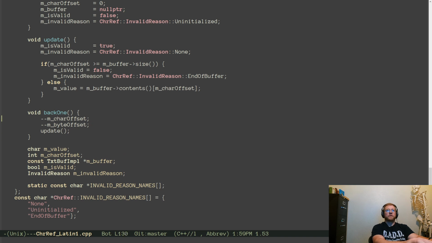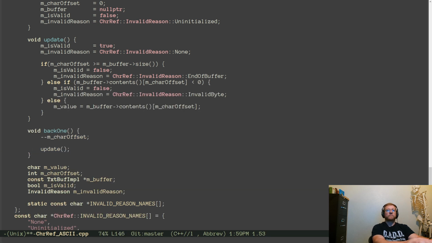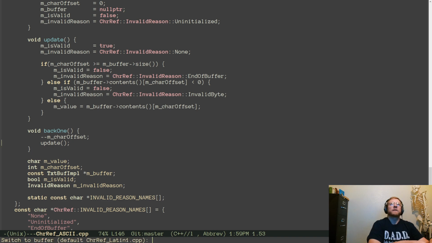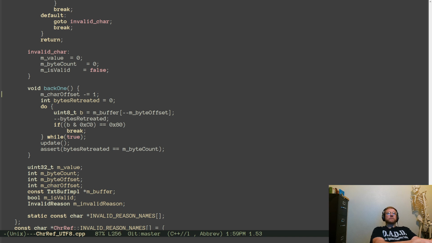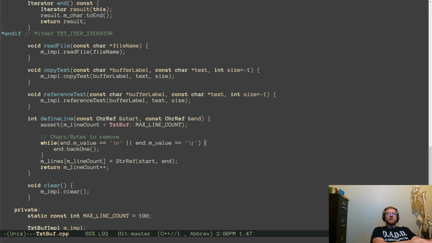Actually, there is no byte offset. That's it. Which then brings us to TxtBuf. Back 1. Then we form a line.